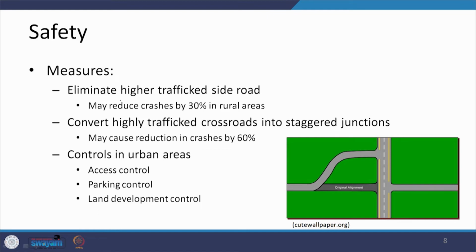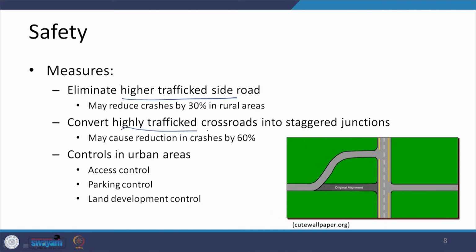Say we can eliminate the higher trafficked side road. A lot of traffic is coming on a side road, and it has been observed that this may cause crashes as high as 30% in rural areas. So, that is one possibility. What we can try to do is, because the traffic coming from a side road will be going straight, left and right, can we segregate these particular movements and reduce the number of such conflicting events which can be happening at one particular location,